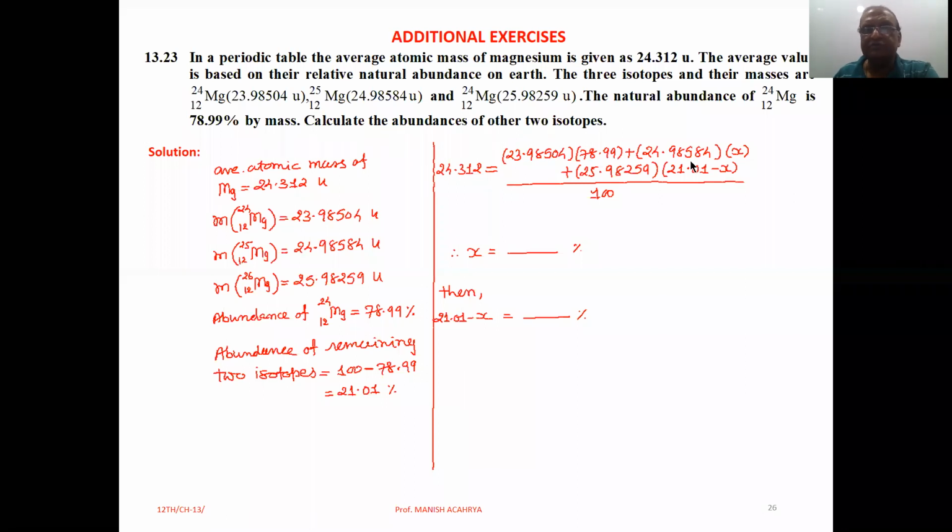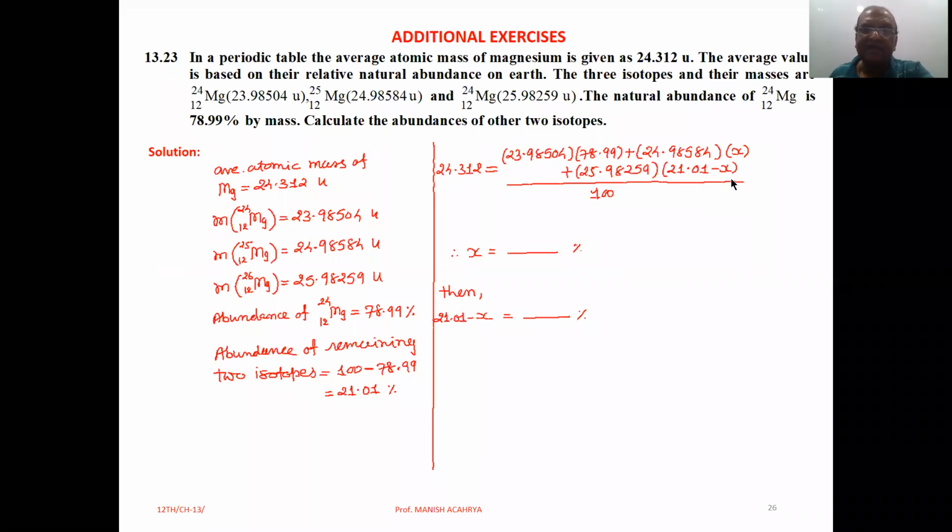Then after, suppose 12Mg25, whose mass is 24.98584, has X percentage. Then we can write plus 25.98259 for 12Mg26, that will be